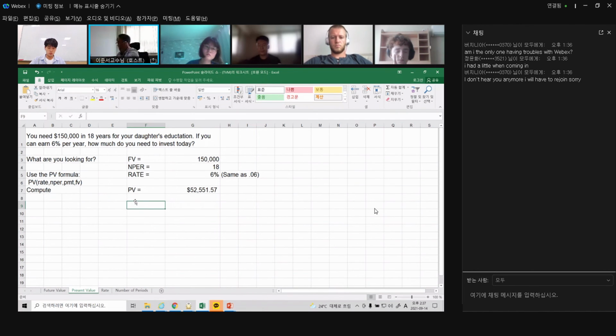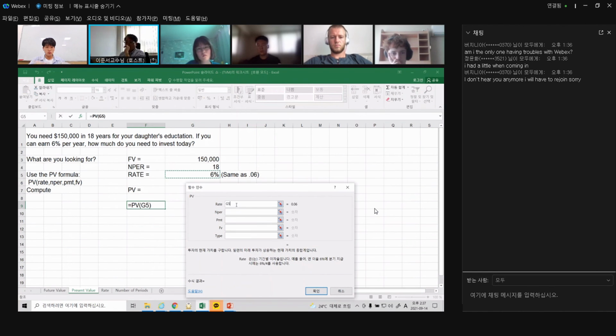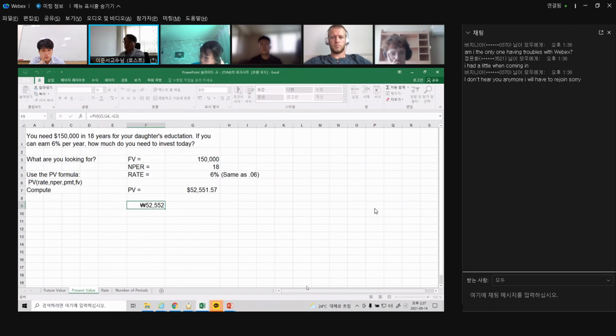Okay, so let me do it again. Click the equal sign, and we can find the function of present value. Interest rate is 6%. The number of periods is 18 years. Payment, you don't have to think about payment. Future value is $150,000. The type, you don't have to think about type. So if you want to get the positive present value, and we recognize the future value as the cash outflow, then we can add a negative sign in front of future value. Then we can get the answer,